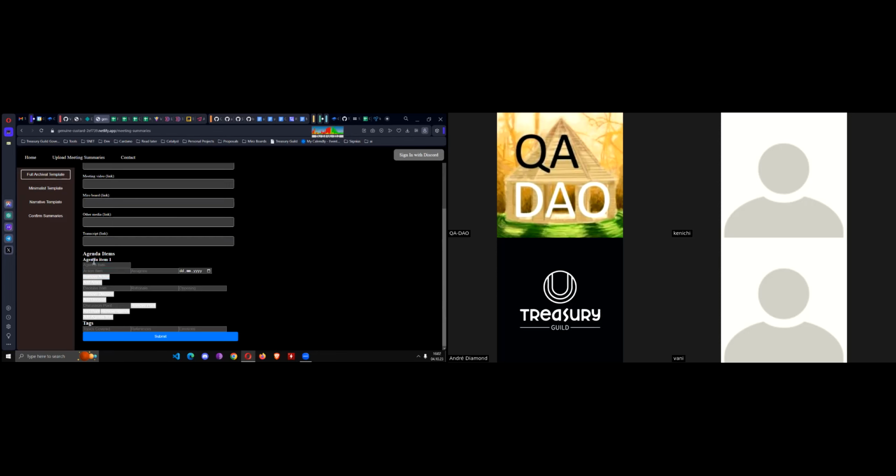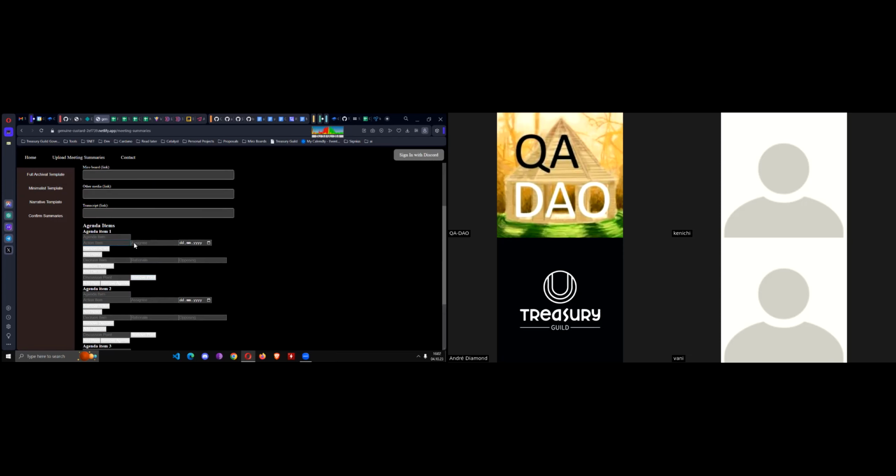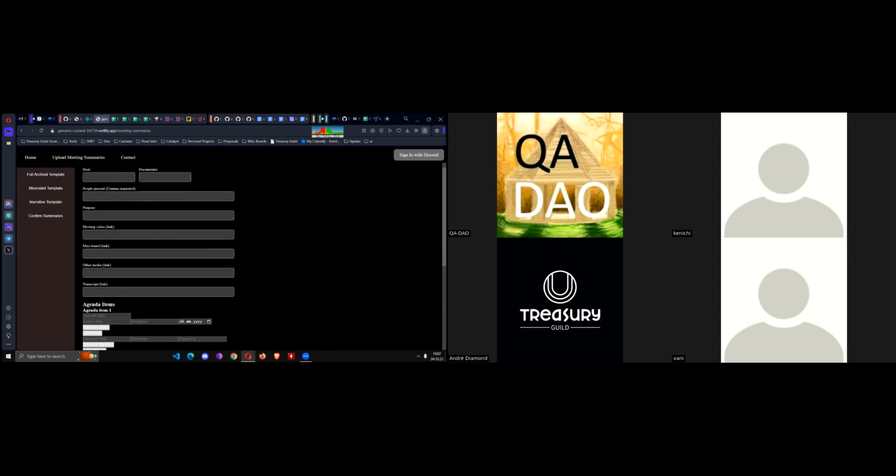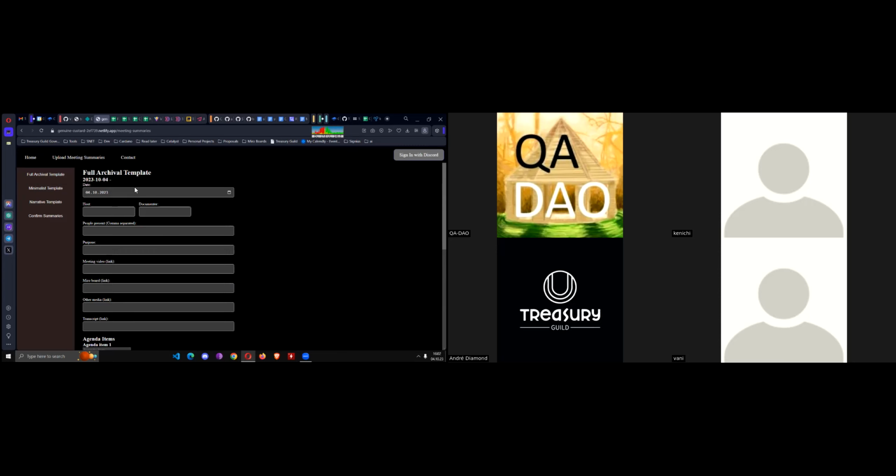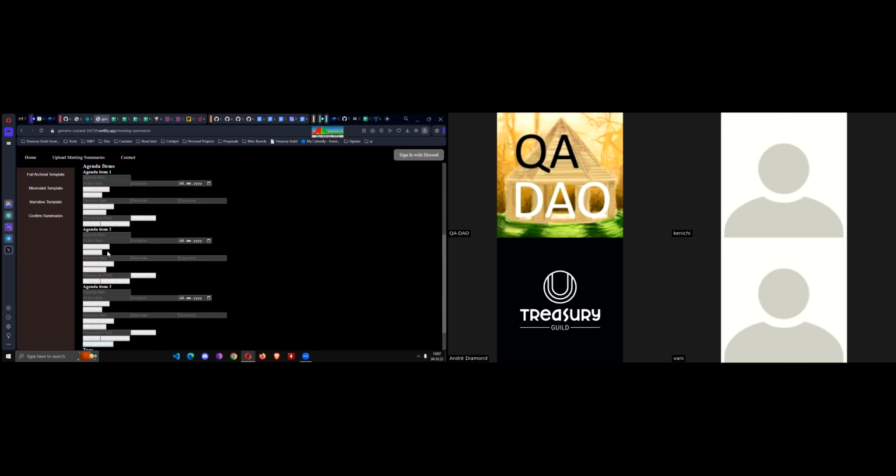So we said for full archival, you'll have agenda items, and you can add agenda items. And I still need to add a button that says it's new or it's carried over. So the idea is when I connect it to the database and whoever logs in and chooses their work group, it will automatically load whichever template they are using, and it will already populate the fields. So if there were 2 agenda items that carried over, it will show all the information, and they can